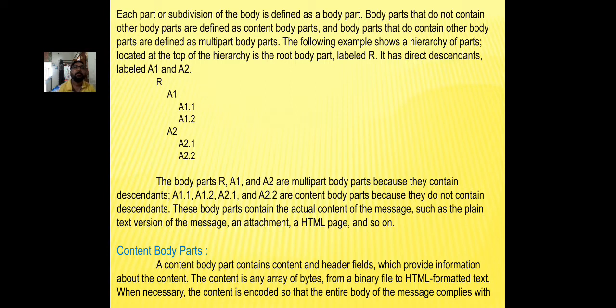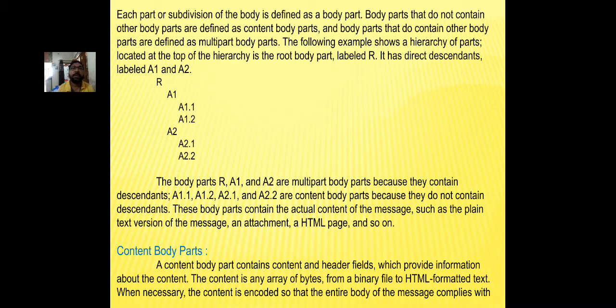The following example shows a hierarchy of parts. Located at the top of the hierarchy is the root body part labeled R. It has direct descendants labeled A1 and A2.